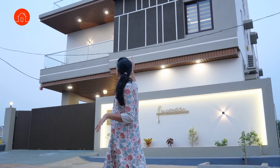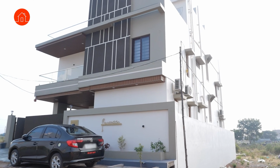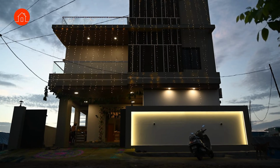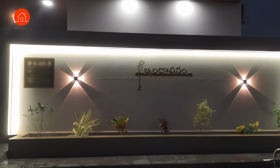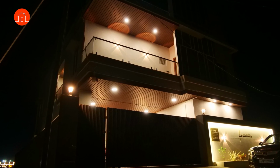The main elevation feature that I'm talking about is done with a simple texture paint technique. You all will be surprised at how beautiful it looks in real. Apart from that, we've really worked on a very simple lighting application here. So the compound wall, we've given a profile light all around and we've played with the square lights which throw their light effect on all sides. Again, we've maintained a symmetry and continuity here in terms of having it in the balcony as well as the